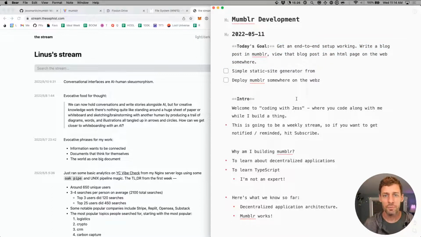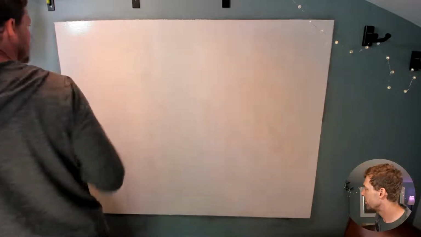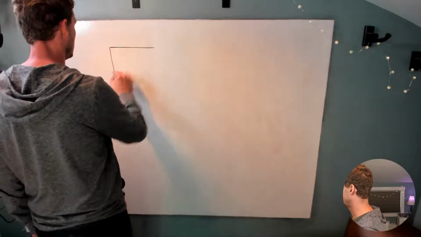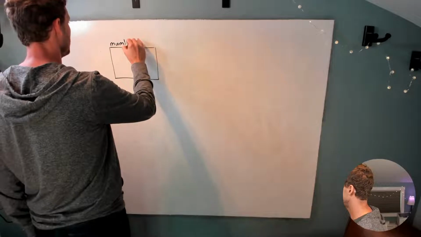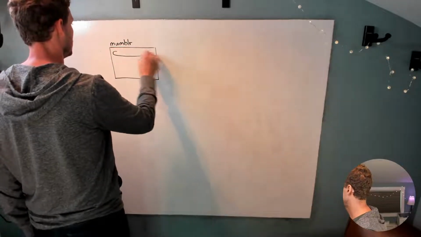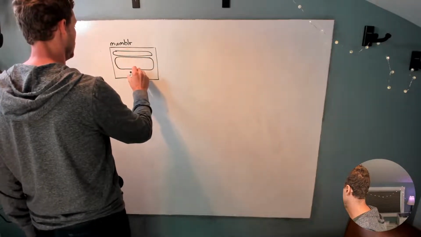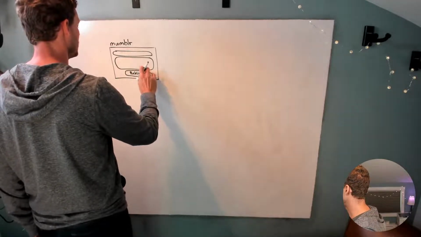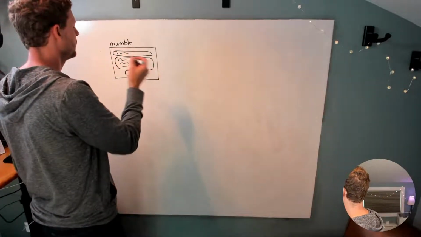Okay, so before we jump into writing some actual code, let's map out on the whiteboard what we've built so far and how that's going to play out. So, all right, Mumbler is our little application up here, a front end only application, and it's got a title box and some text, and then a big publish button. There's a lot of really interesting things we could do with this application because of the way it's structured that I've been thinking about. But anyway, you write some markdown in there, and then